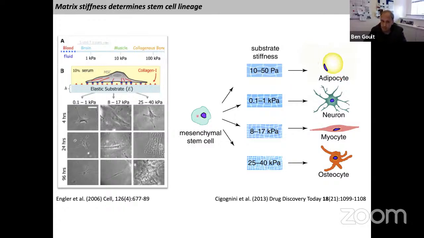So if you put a stem cell onto a jelly-like substance, then you can make a fat cell or a neuron. If you plate it onto glass, then you can make a bone cell. So these cells are feeling what they're attached to and then trying to differentiate to be more like the cells which would be in that environment. So what that tells us is that these blue squares in this figure are information processing centers, because the cell's feeling and then coordinating the whole of the cell's behavior and the whole machinery to differentiate.